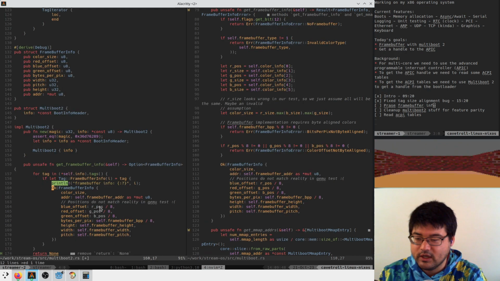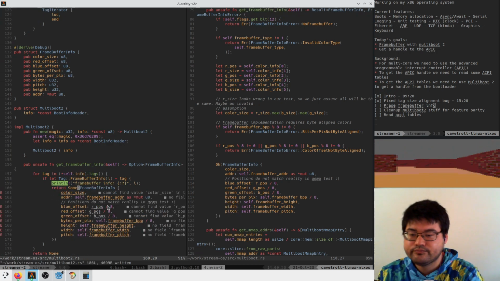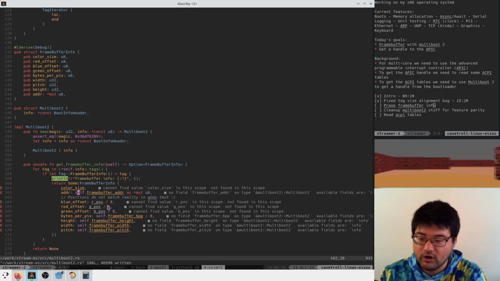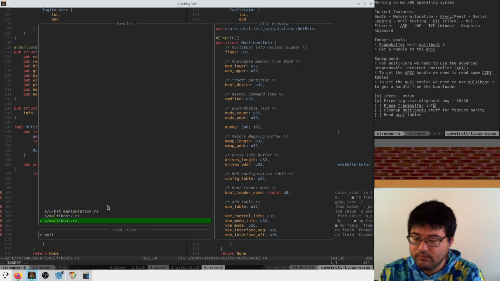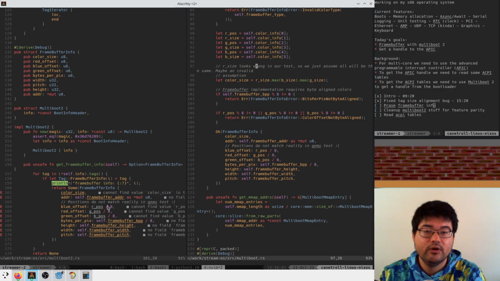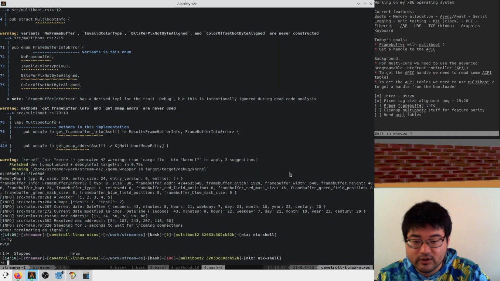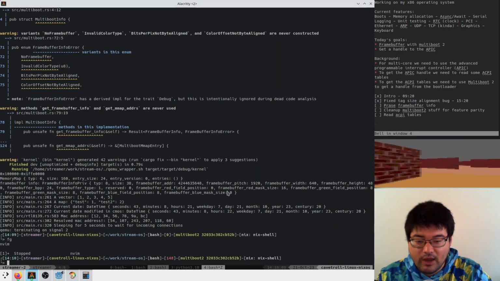Okay, so here we're going to say return some this. And this is no longer self, so what do we have here? In multiboot 1, we converted the color size from bits per pixel. Oh, our size looked wrong. So that's the first thing that we have written down here, that the sizes didn't all line up. And this is true again, right?